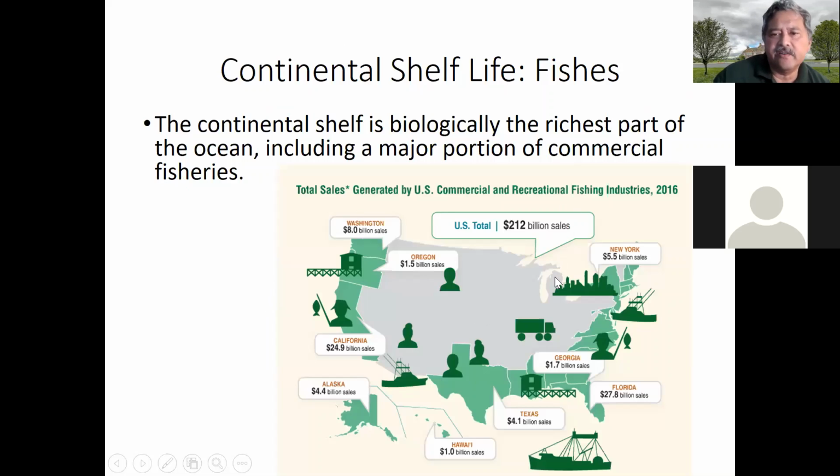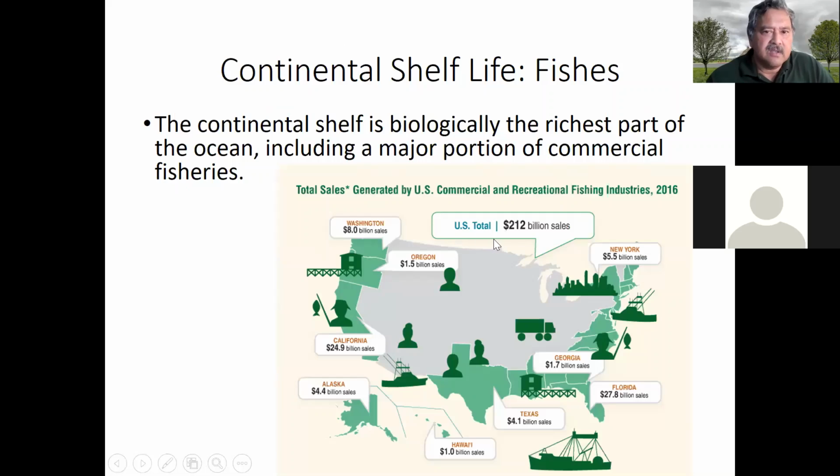Now, specifically, you usually think about fish when you take a look at the economic resources of the ocean. The ocean shelf is biologically the richest part of the ocean, including a major portion of commercial fisheries. You can see here are some big numbers. Here's the big number to know: $212 billion worth of sales in